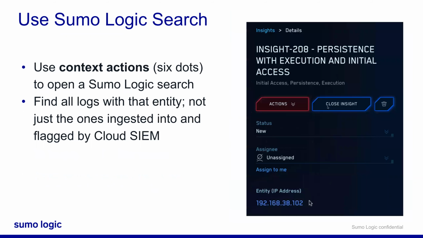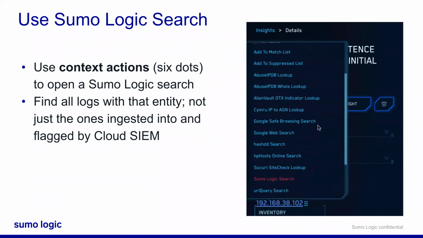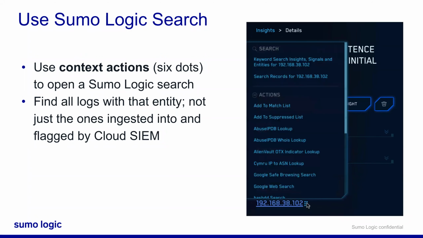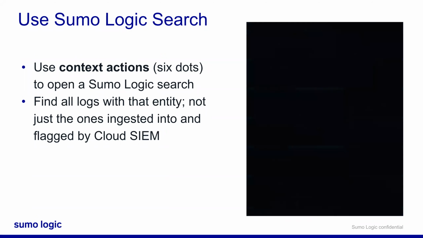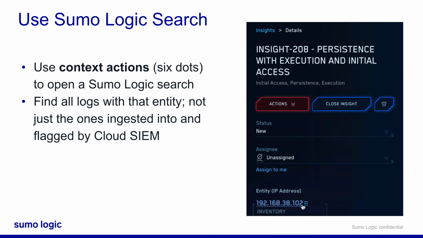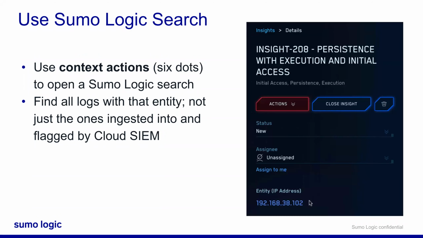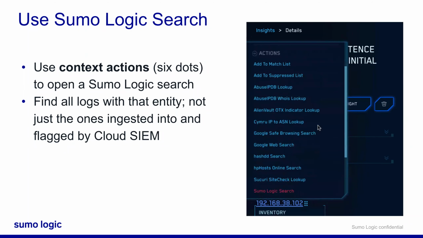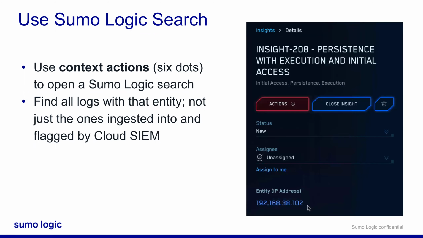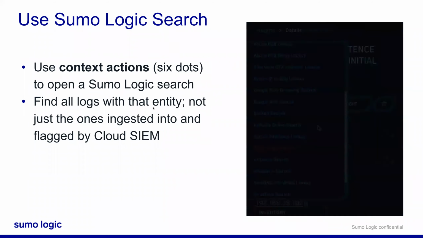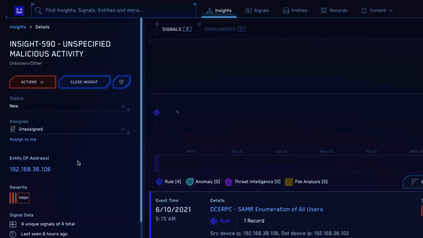Now, something else we can do with our context actions is utilize Sumo Logic Search. An in-depth threat investigation is really going to use the most of both Cloud SIEM and Sumo Logic's core tools. There's going to be several ways for us to bring the information we find in Cloud SIEM back to the Sumo Logic platform. One context action is what we call Sumo Logic Search, and this image is showing it pretty accurately. Basically, we're taking that IP address, using the 6 buttons there, and then going to the action for Sumo Logic Search.